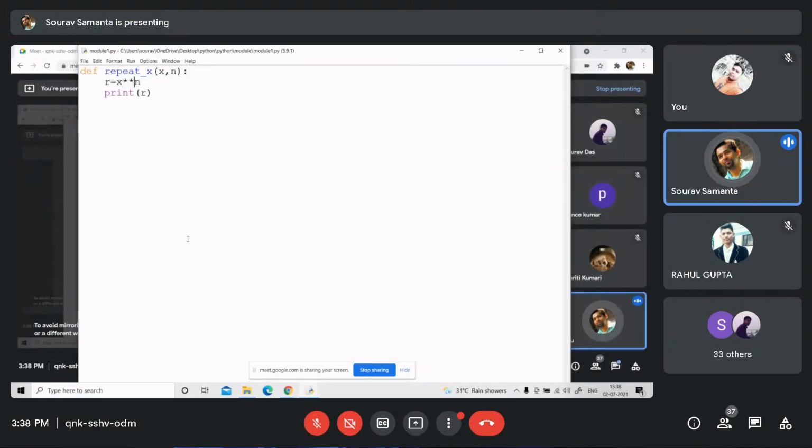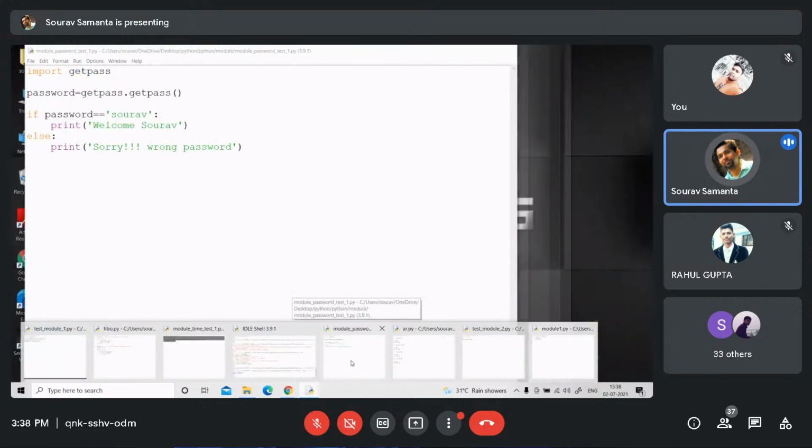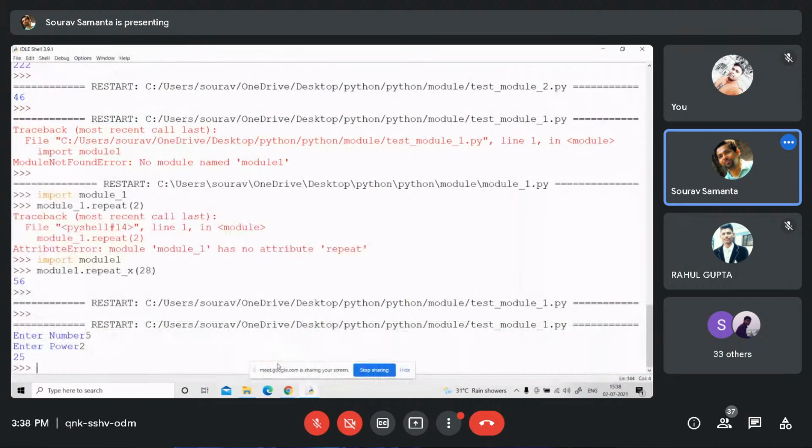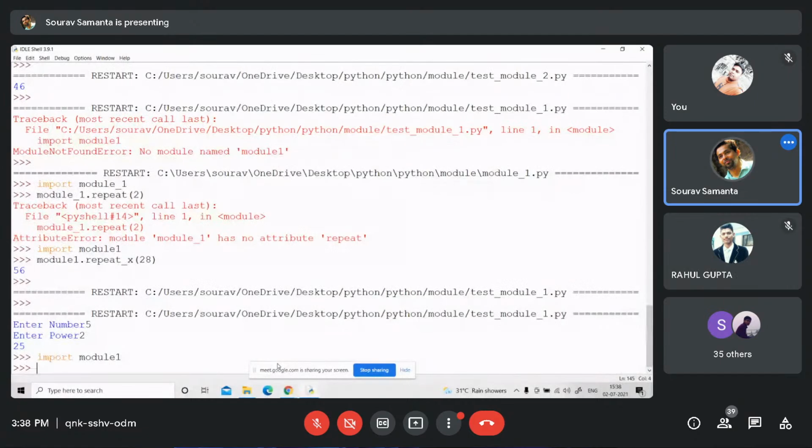So now we can directly import the function from the command prompt. What will be the syntax? import module 1. So if I want to access module 1 to calculate, I write module 1 dot,